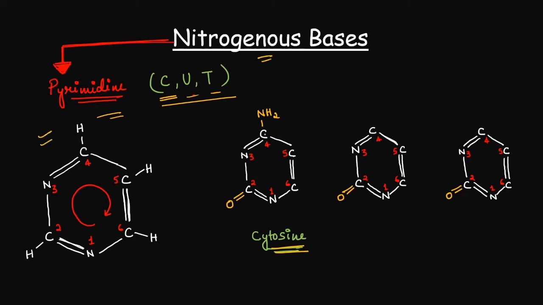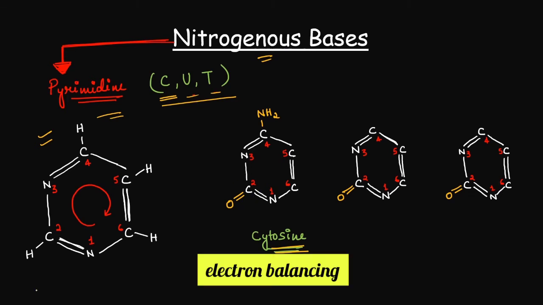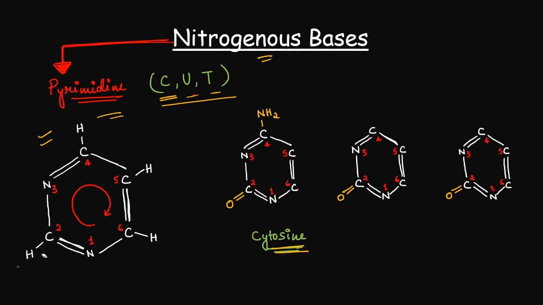For this carbon, the bond is balanced, nitrogen, it's done. Here the carbon is forming 5 bonds, so one of the double bonds will be erased. Now the nitrogen has only 2 bonds, so we will place one hydrogen and the electrons are balanced. Now in case of both these carbons, one hydrogen each and the electrons are balanced.